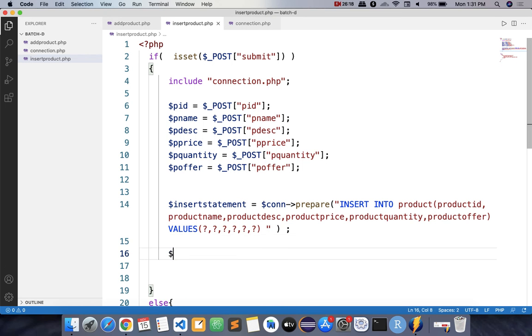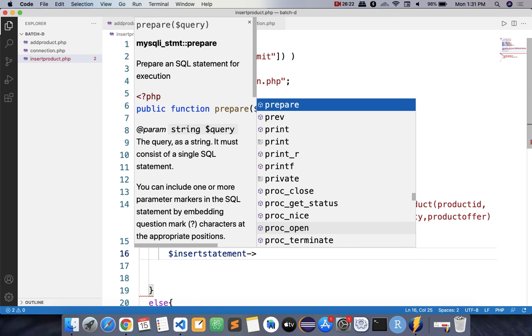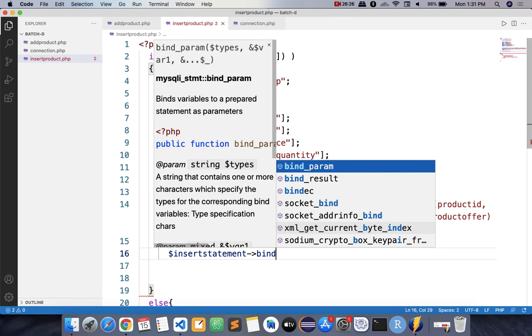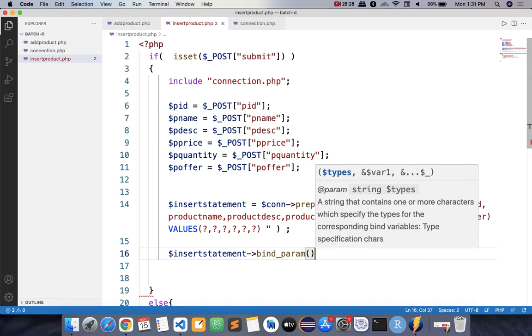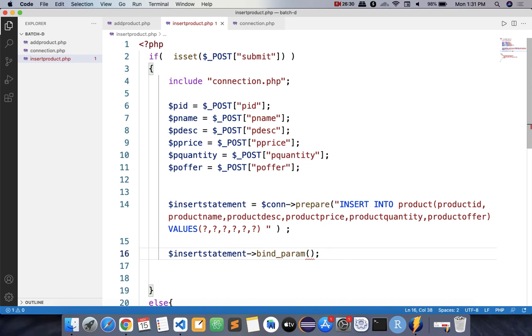So how will you bind? So dollar insert statement, this is your variable, arrow, and the function name is bind param. So bind param is a function which will bind your values with the respective column. Done. So first one is product ID, which we have kept as a varchar, I guess, right? So double quotes as for the string value. Product name is also string. Product description is string.